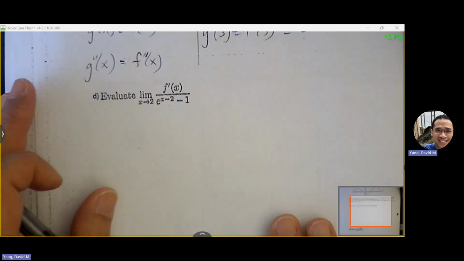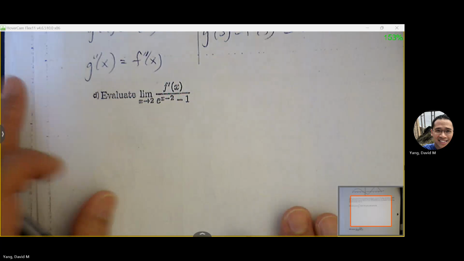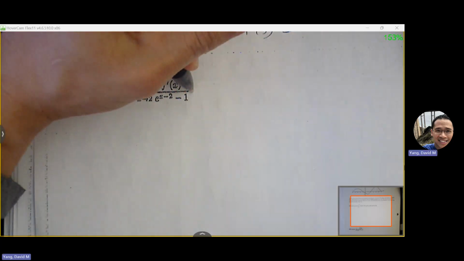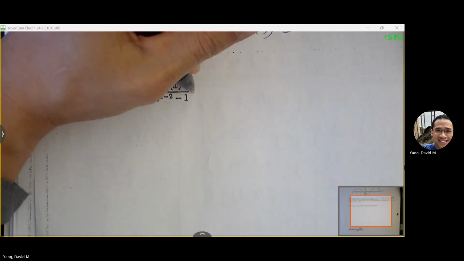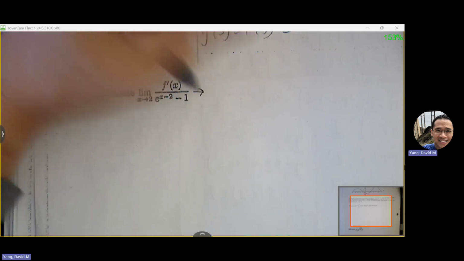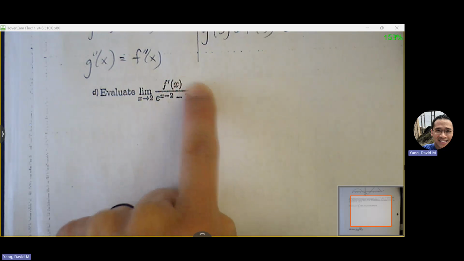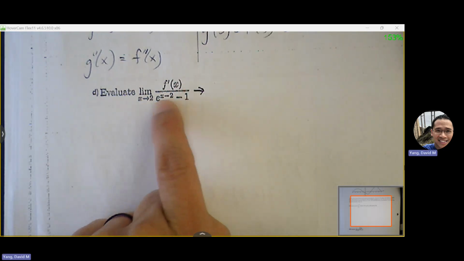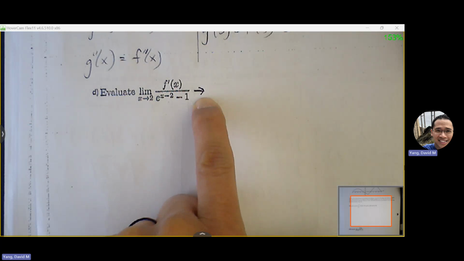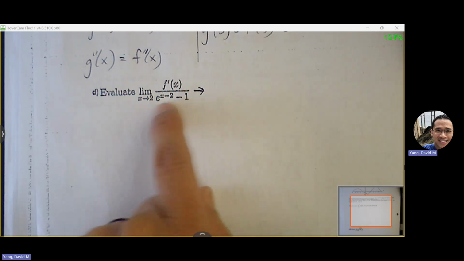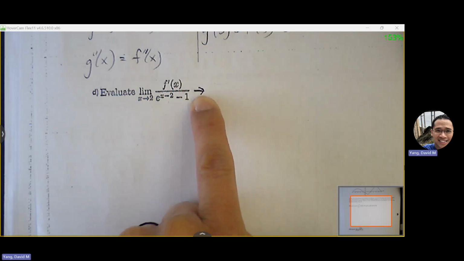So the first thing we do is we plug in 2, and College Board is a little nitpicky when it comes to L'Hopital's rule. So typically, especially if it's free response, use arrows. Don't use an equal sign. I'm not going to take off any points if you use an equal sign on the quiz or the test, but just to let you know, College Board